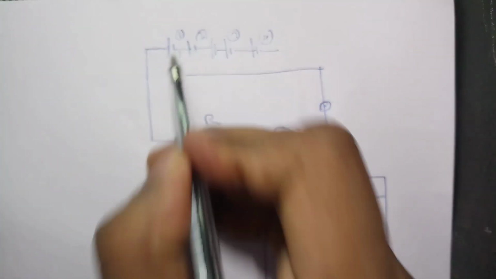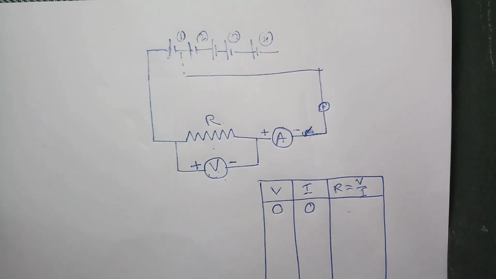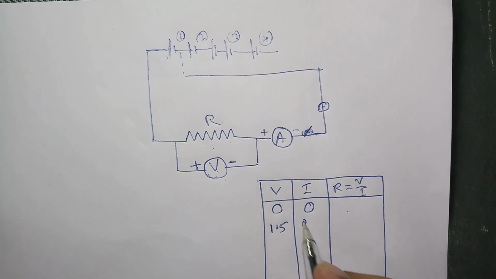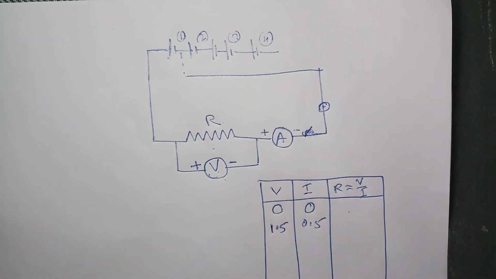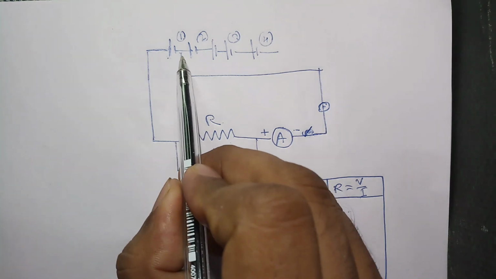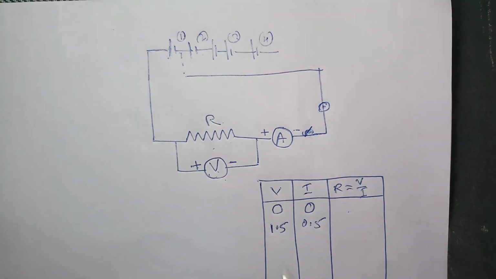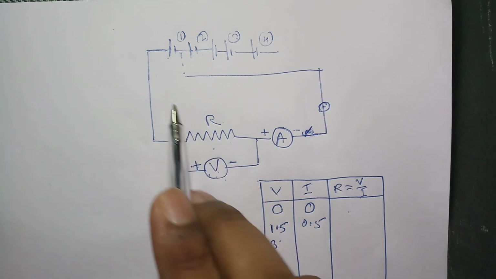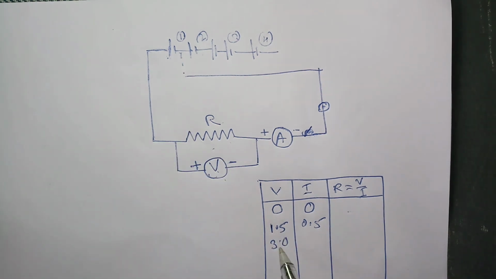Then when you connect the first cell here, the voltage will be 1.5. What is the current through this one? That we don't know. Let it be 0.5, so when you check here you are getting 0.5, for example. Now the next part of the experiment is, we will disconnect and connect the next cell. One cell was 1.5, so 2 cells means it will be 3 volt. Here it will be 1 ampere. 1 ampere is a little bit big current, I am telling just for you to understand.